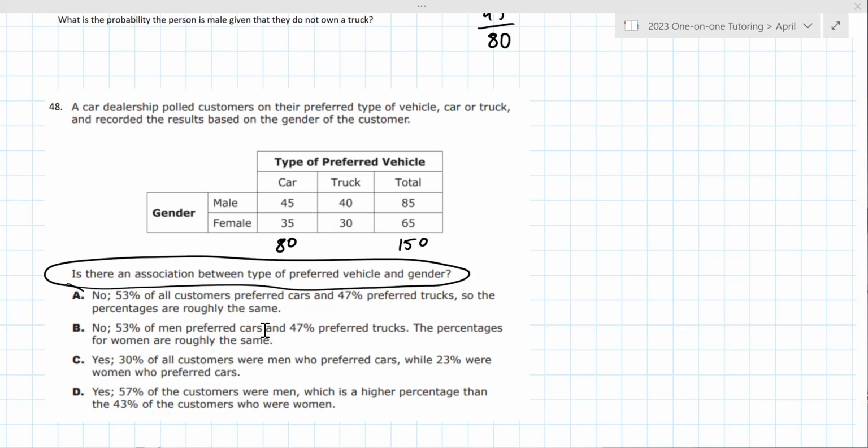53% of men preferred cars. Okay, so this is letter B now. That's 45 out of 85. And we don't know what that percentage is. And 47% preferred trucks. The percentages for women are roughly the same. I'm not sure that's true. So you do have to do some of these calculations. What I think this is getting at here, and I'm going to have you do this, is you have to calculate these percentages. Like 45 out of, well,